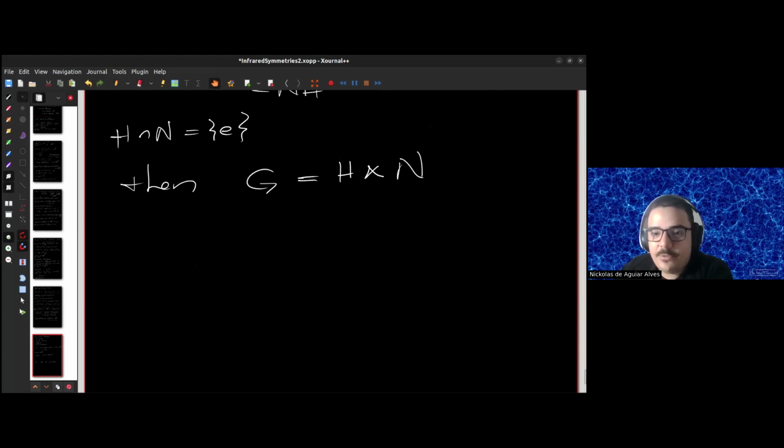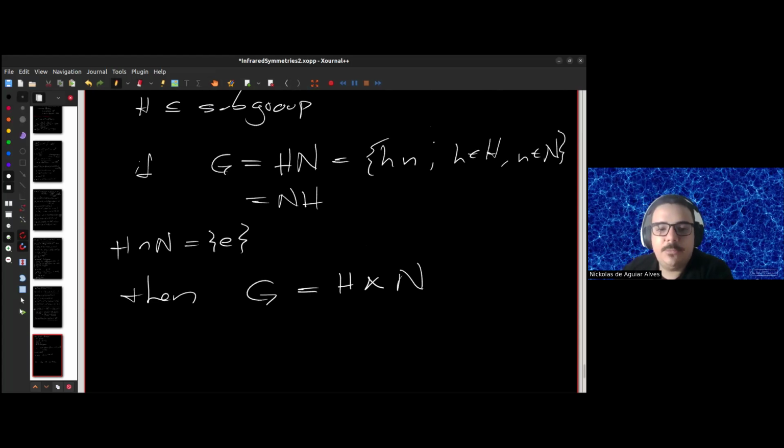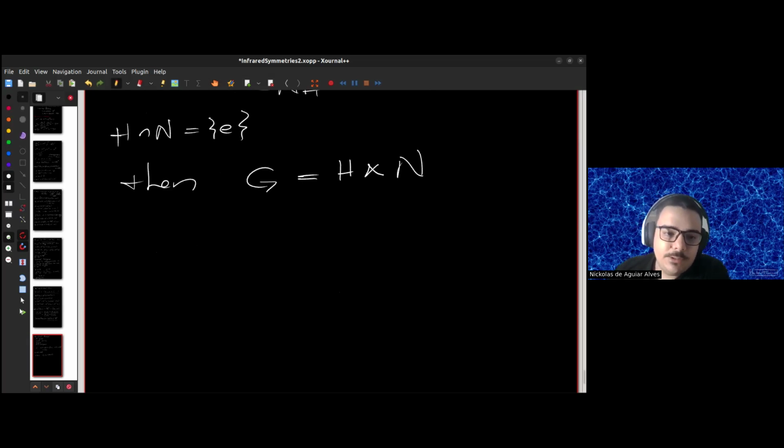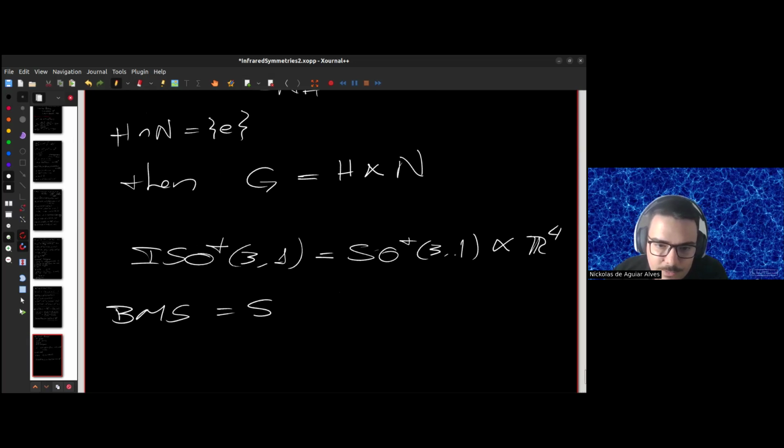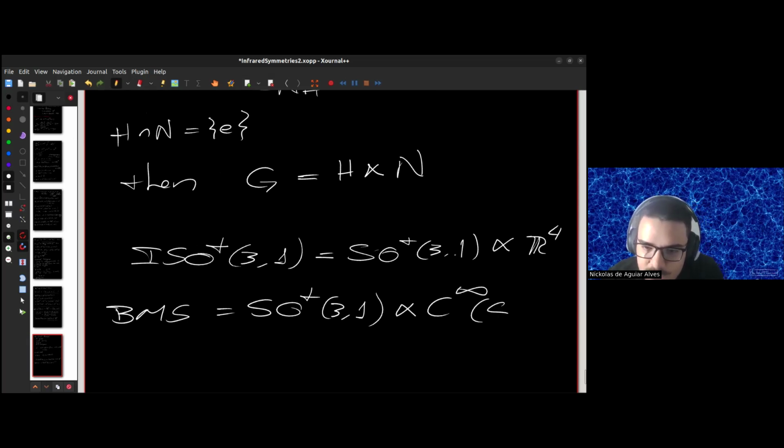And the reason I'm discussing semi-direct products, it might be a little bit abstract at this point, but it's going to be important when we discuss BMS symmetries later, because the Poincaré group, as a spoiler, the Poincaré group is SO+(3,1) semi-direct product with R^4. The BMS group is the semi-direct product of the Lorentz transformations with the additive group of